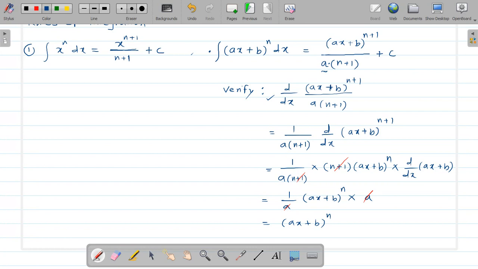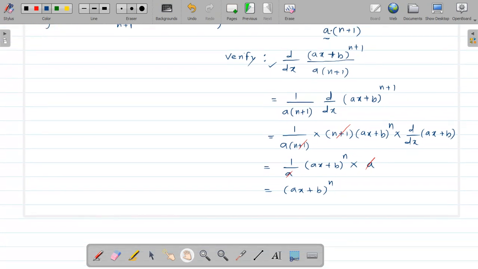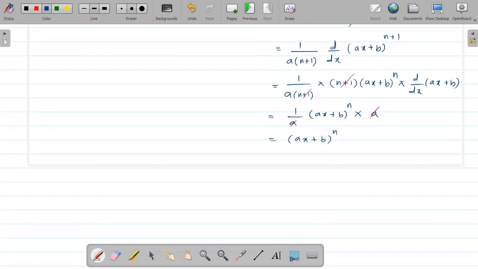So if you have the term ax plus b in place of x, then you have to divide by the derivative of that particular term, then you will get the integration. So remember this as a first rule. Now similarly, next rule is,